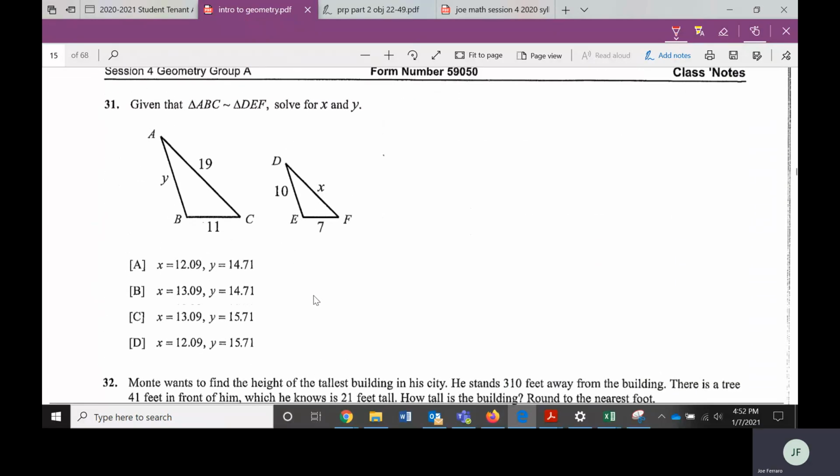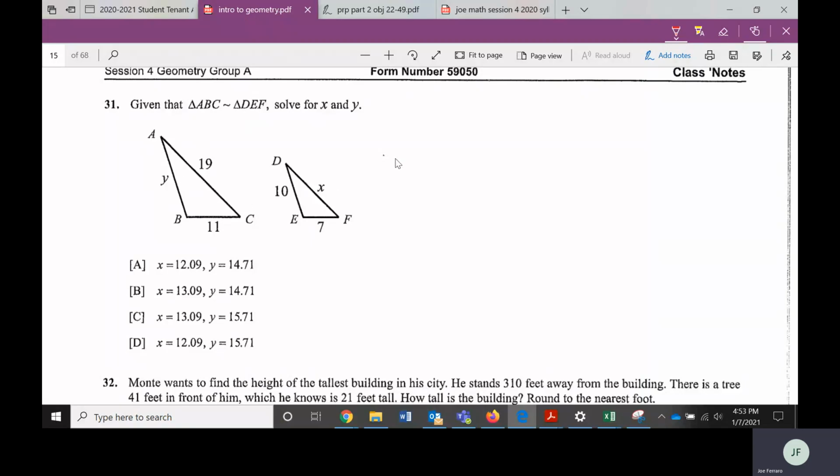Okay, so let's set this up here. One thing I want to go over here, it says given triangle ABC is similar to DEF. It says solve for X and Y. So now they set them up in the same position so they look similar. But the other thing to know is when they say they're similar, they have to be written in a certain order. The corresponding parts of the way they name a triangle will be the corresponding parts of the